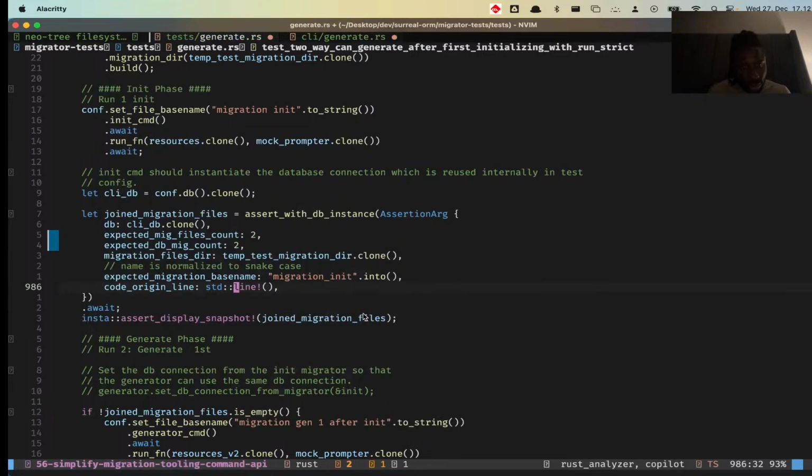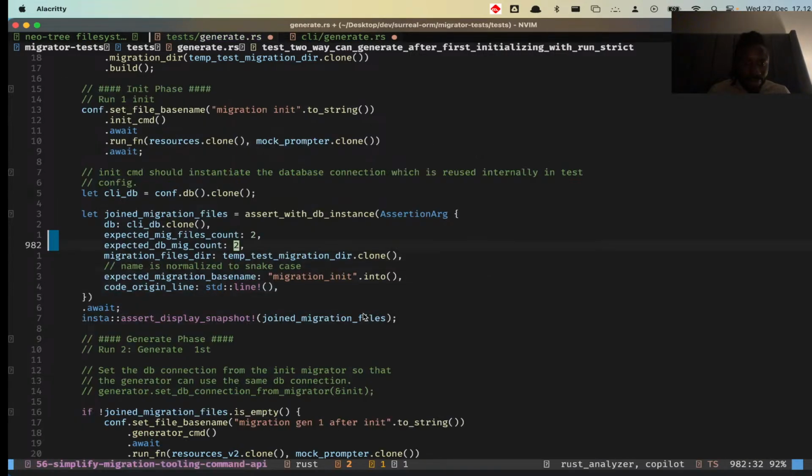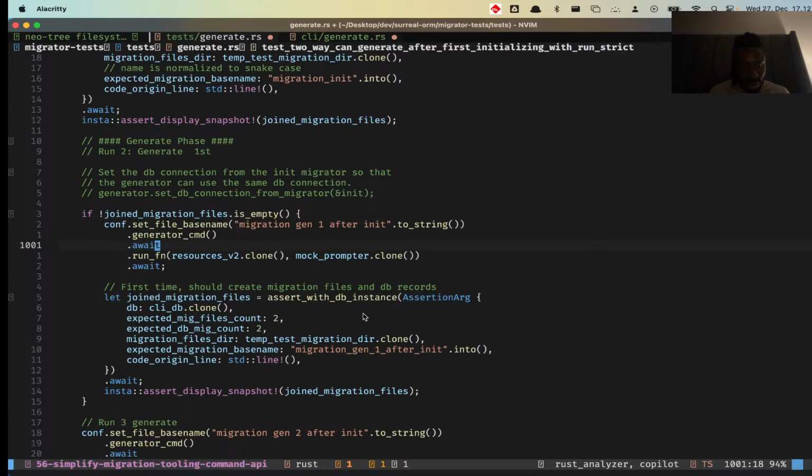Yep. So yep, the reason is because we only store the up migration, we don't store the down migration. For every migration we store one record in the database, so that should be one. That's right. And these should be